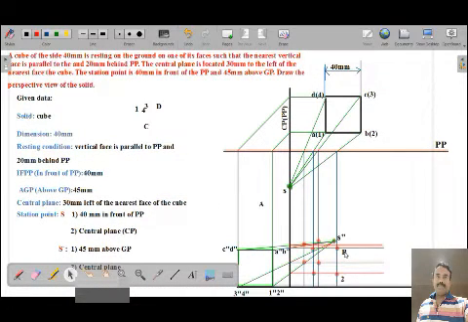So now we have to locate all the corners. This is the interceptor point. On this line only you are going to get the point B. The intersection of this horizontal line and this vertical line gives you the point B. Similarly, on this line you are going to get the point 2, from the intersection of this one and the horizontal line from here. Similarly, find out all the corners.